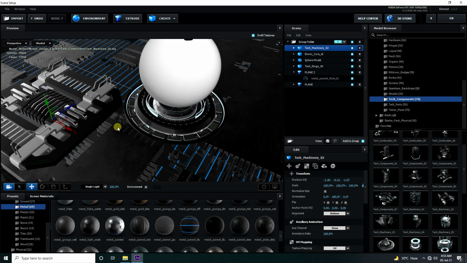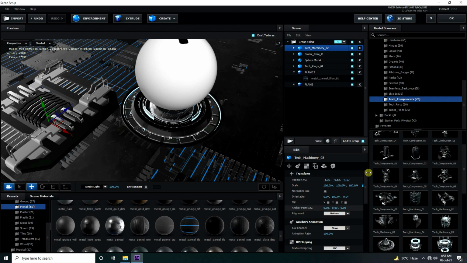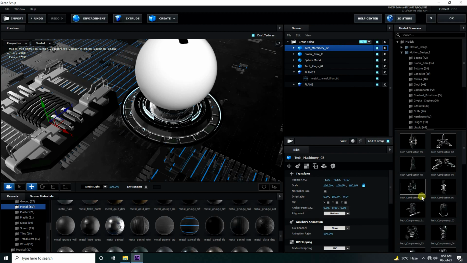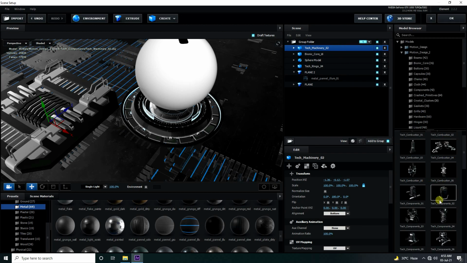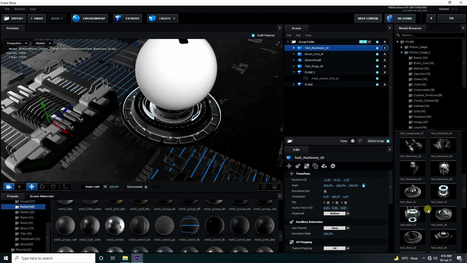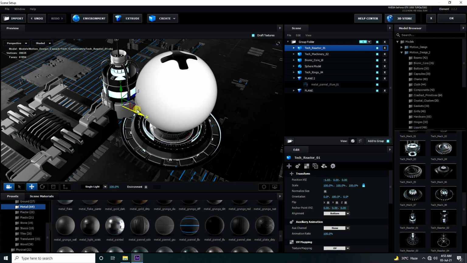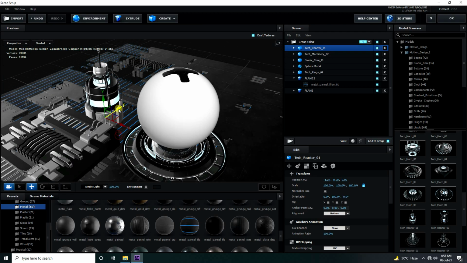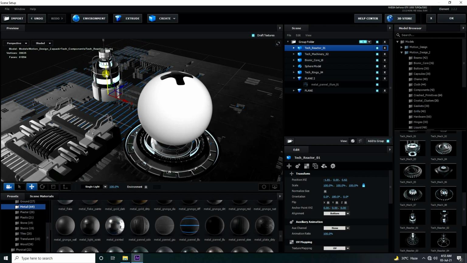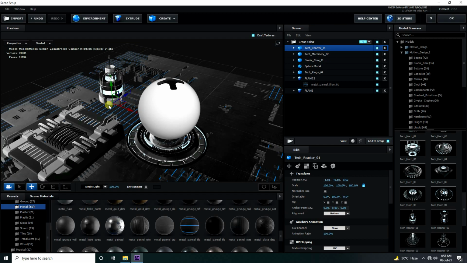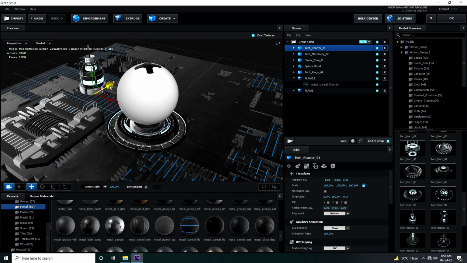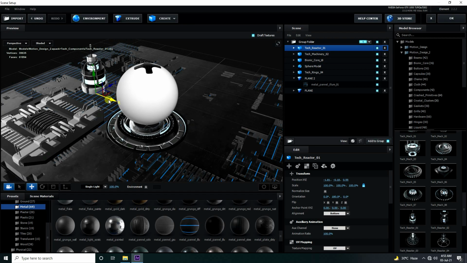Now I take more. You can take any one, but I like this one. This one is also good. Go on here like this and a little bit down. Now I take one more.